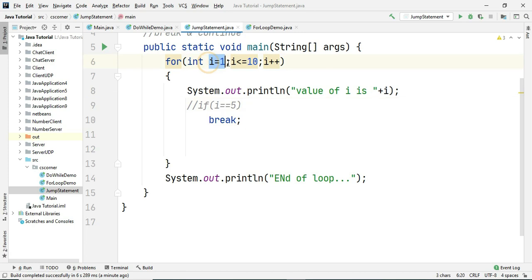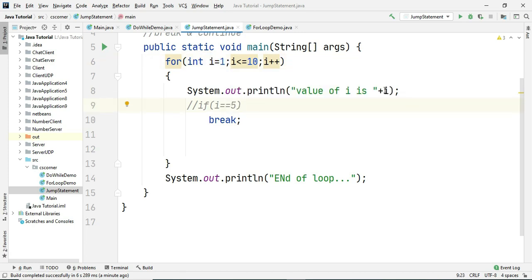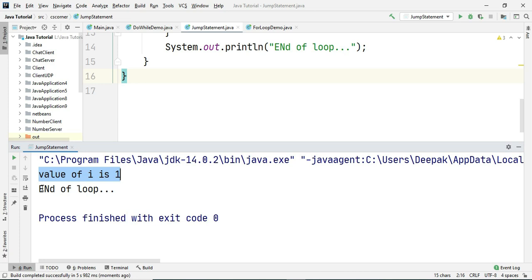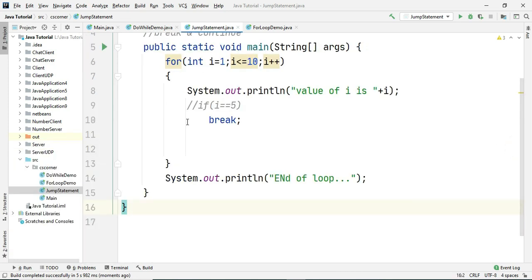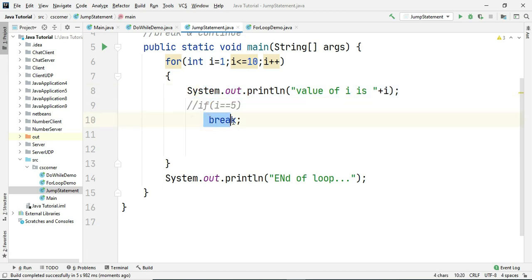Suppose my loop starts running from 1. It will print the value of i as 1 and then it will break. So what will be printed? The value of i is 1 and then end of loop, because I wrote break. As soon as this statement is executed, there is no other statement, only one keyword, that is break. So it will come out of the loop and execute this line. This is the working of the break statement.